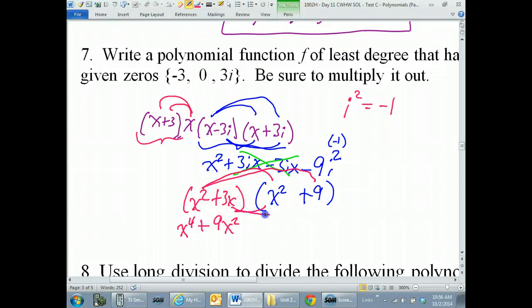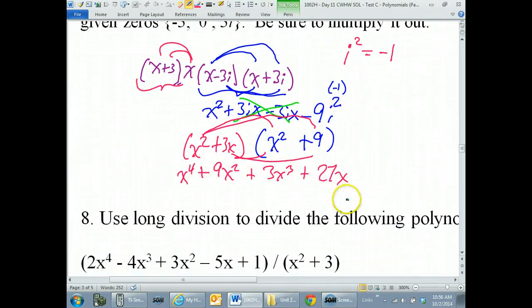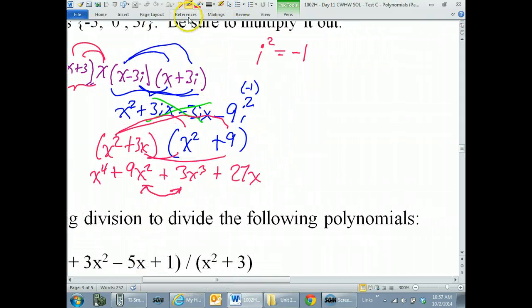Now the 3x. 3x times x squared is 3x to the 3rd power. 3x times 9 is 27x. Is this in the proper order? No, it's almost in the proper order. Remember, we want descending exponent order, so these two just need to be reversed for the final answer. So that's why the final answer is going to be,